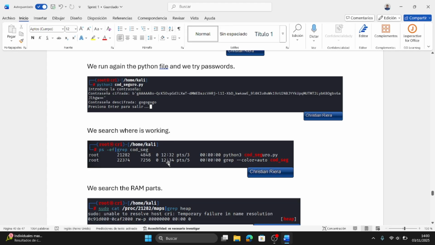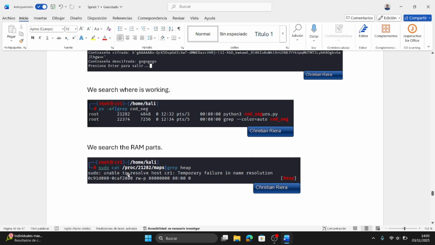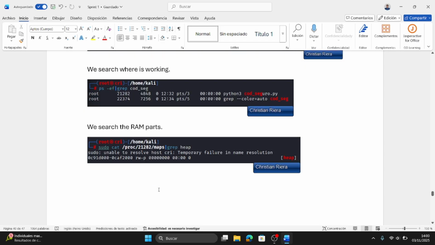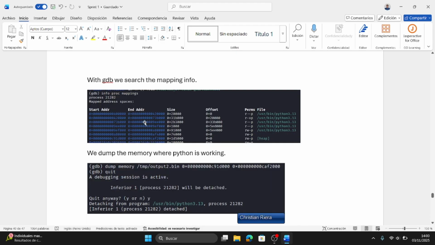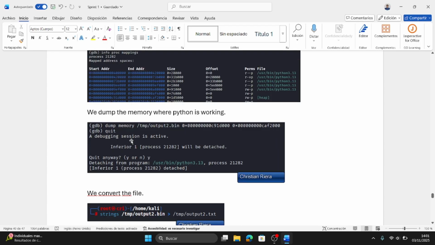So now we search again the process that is running and the RAM parts. With GDB we see again the mapping info, and we dump the memory.